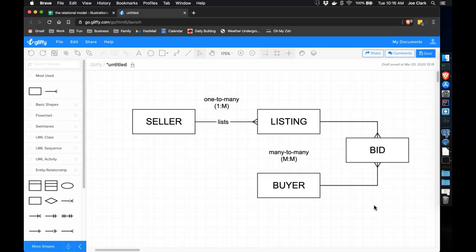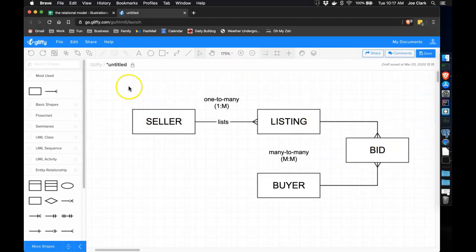Now, why would you do that? If a row corresponds to another row, why not just put them in the same table? Why not just put them in the same row of the same table? There are three main reasons I can think of. One is if the data is quite large for one of those entities. So if we think about a listing having like a photo,